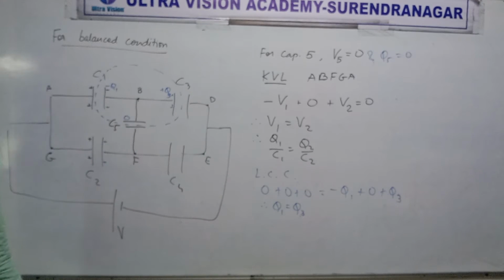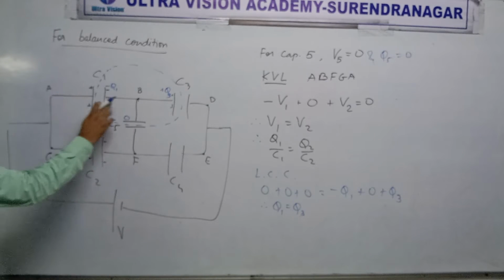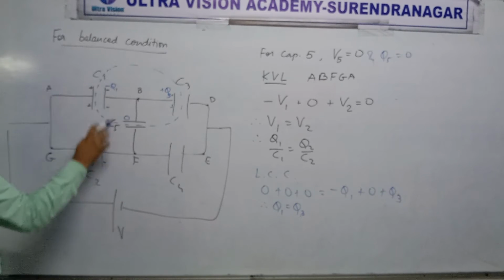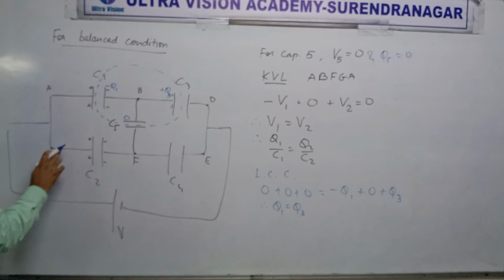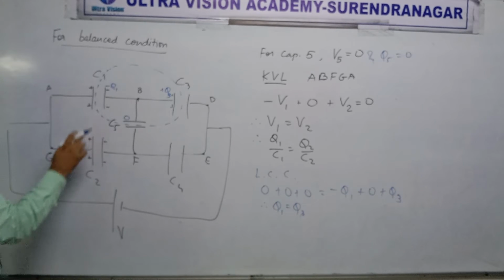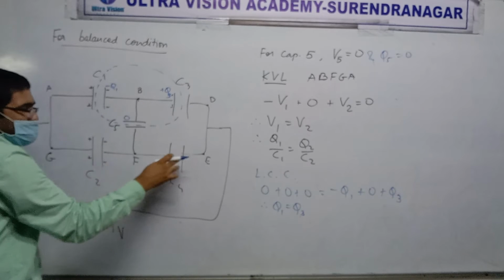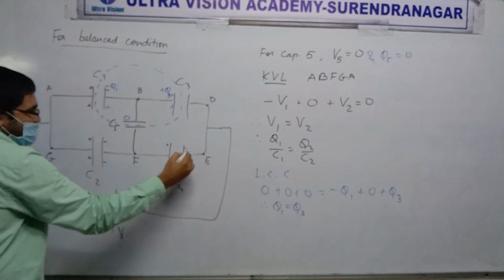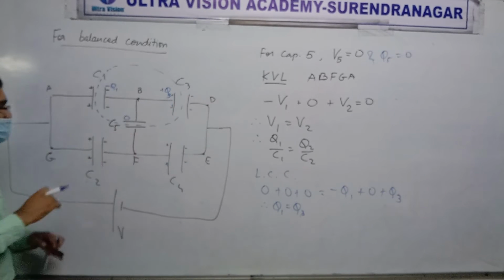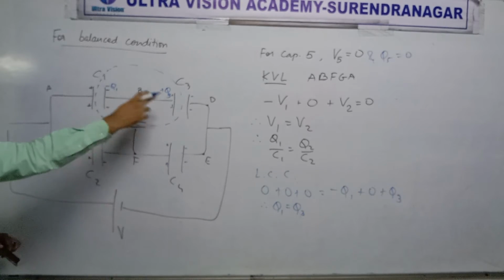Clear or not clear? Yes. Q1 equal to Q3. Fine. Okay, now just like by taking a loop here, we got that V1 equal to V2. Do the same here. Okay, see, it's a similar idea. I will not repeat it in full detail. Just like here, it happens the same in this one if you go like this.